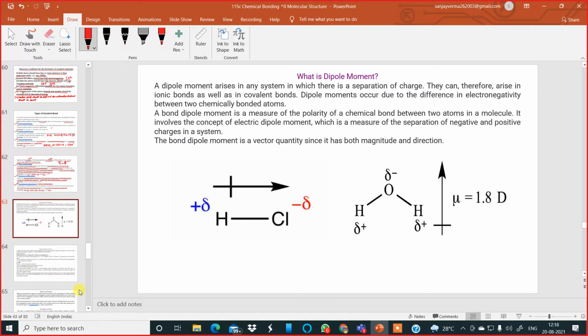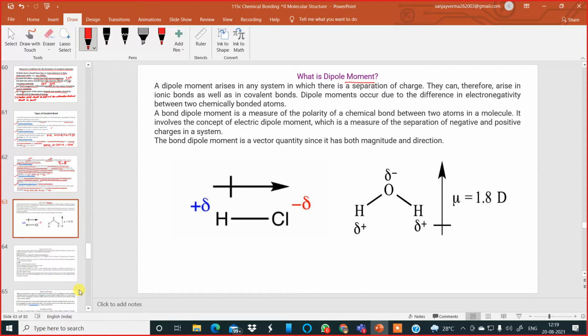Then the next subtopic in this chapter which I want to discuss with you all today is called dipole moment. Dipole, two poles. Because of the two poles, there is an interaction in the molecule, so the molecule is in a state of motion. You have learned the word moment in class 10 physics, but here in class 11 chemistry there is a combined word, which is called dipole moment. Now, what is dipole moment? Let me explain that first to all of you.